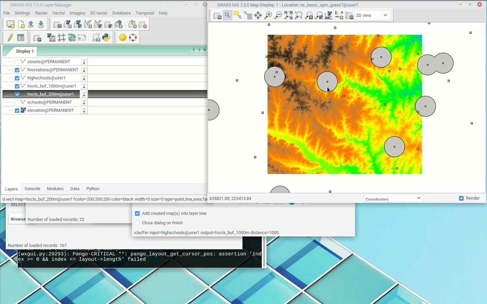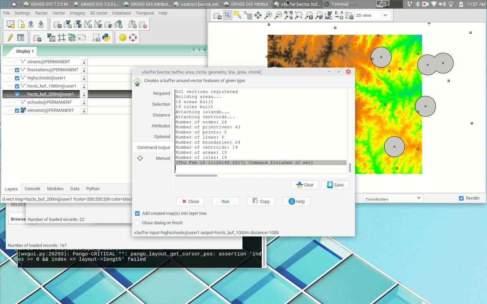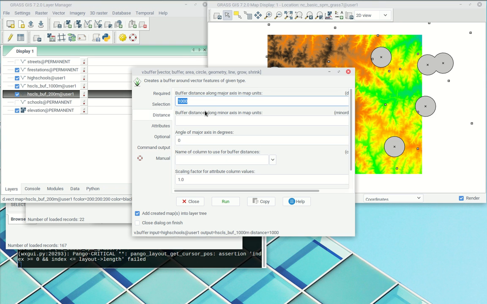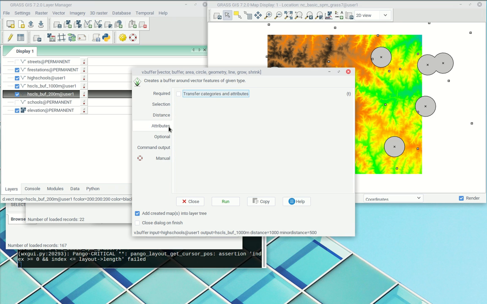But sometimes we want to do something different. We want to make maybe an oblong shape. GRASS allows us to do that very simply. If we go back to our v.buffer tool and we go into distance, so we have a major axis and we can have a minor axis, right? So we can have 1,000 and then we can have 500. In this case, I'm going to select